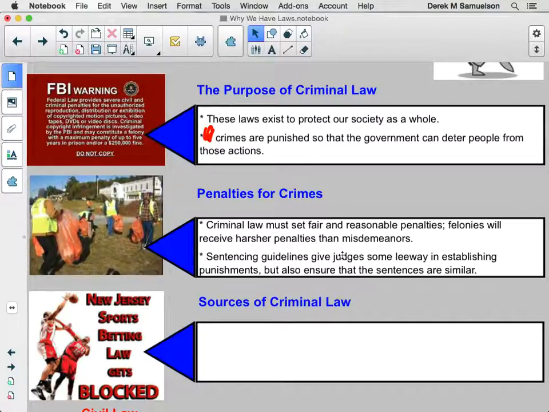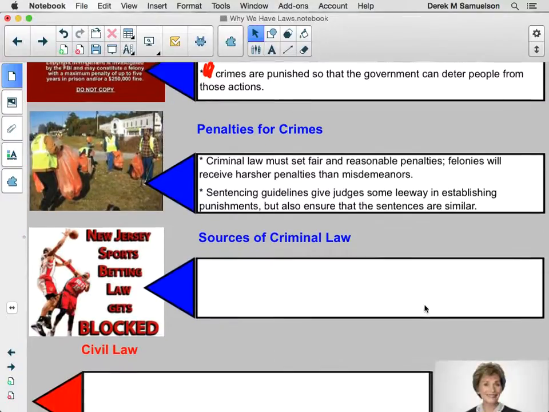Now, sentencing guidelines are created to give judges a little bit of leeway in establishing punishments, but also to ensure that sentences are similar. For example, if you're found guilty of a particular crime, the judge can sentence you to 3 to 5 years in prison. That is, if you're guilty, he can't give you 2 years. Has to give you 3. It's in the guideline. But maybe if it's your first offense and it was done under certain conditions that weren't entirely under your control, the 3 years would make more sense than the 5 years. So the judges have some degree of leeway, but in many cases have minimum sentences attached to crimes.